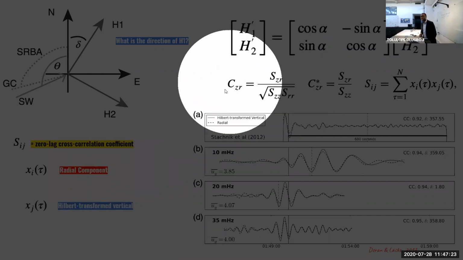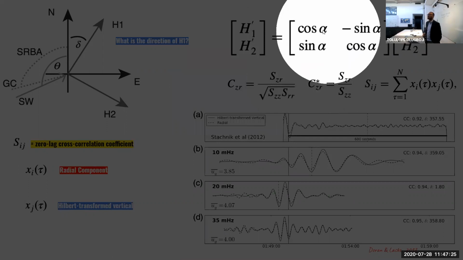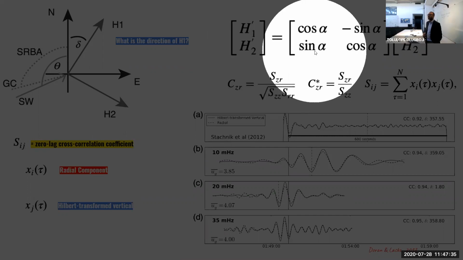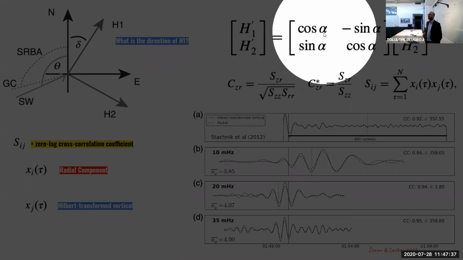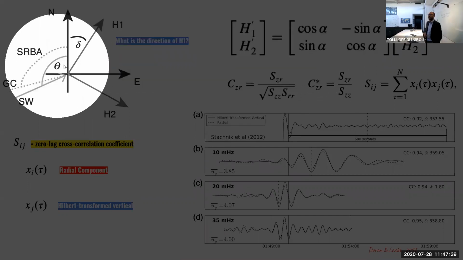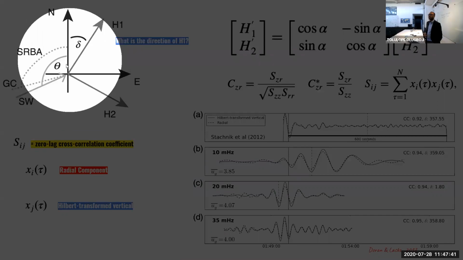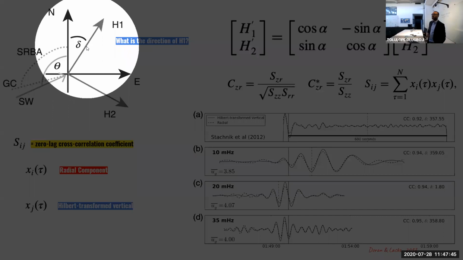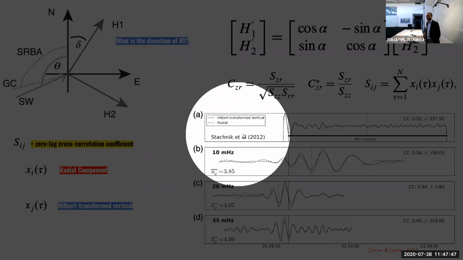And so then we measure the CZR, and we measure it for all possible back azimuth angles, this is alpha, until we maximize CZR. When we maximize CZR, we know, voila, we found the source receiver back azimuth, and then we back out from the source receiver back azimuth the true orientation delta. So this is an example of that